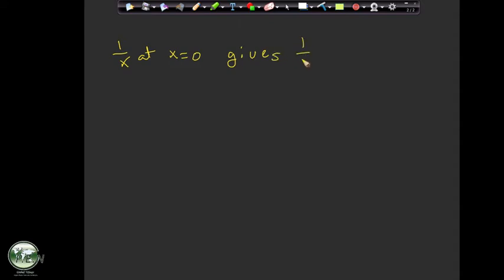That gives 1 over 0, which we call, this is one thing you're going to be looking for, vertical